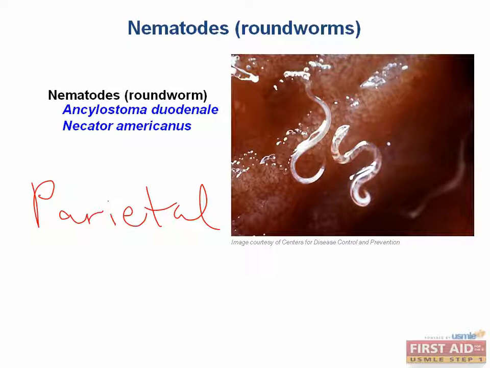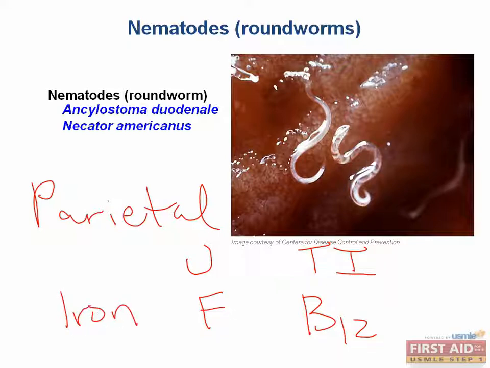That would be intrinsic factor. By the way, what part of the GI tract is B12 absorbed in? That would be the terminal ileum. And what about folate? That would be the jejunum. And finally, iron? That's the duodenum. Boom. An intestinal infection as well as microcytic anemia can occur as the adult worms attach their